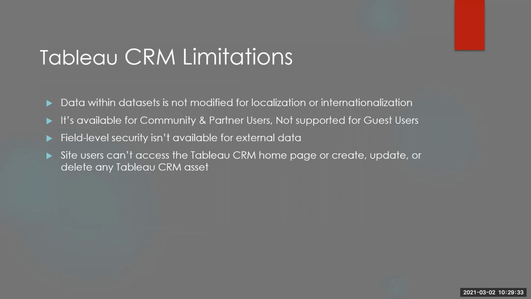And then field level security for external data. As I mentioned, field level security is maintained by Salesforce users. So if you export any external data, suppose from a CSV or from any connection or from some other org, in that case the field level security is not maintained. If two users are seeing the same dataset, they'll see the same data if the dataset is getting the data from external systems, because in this way Salesforce does not have any way to control the security. So we have to make sure of that. And then site users can't access the WCRM homepage or create page. We need to make sure they are community or partner users.